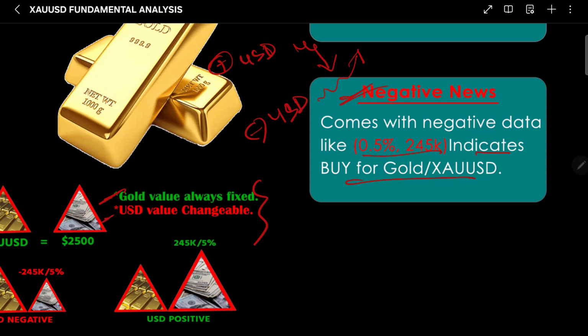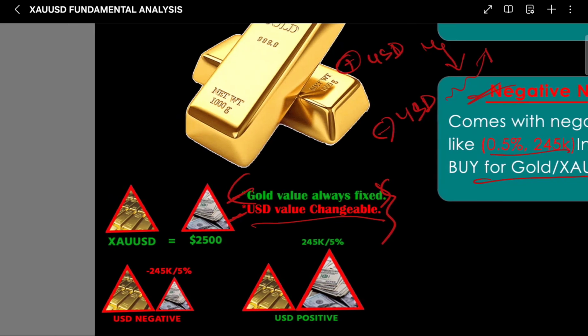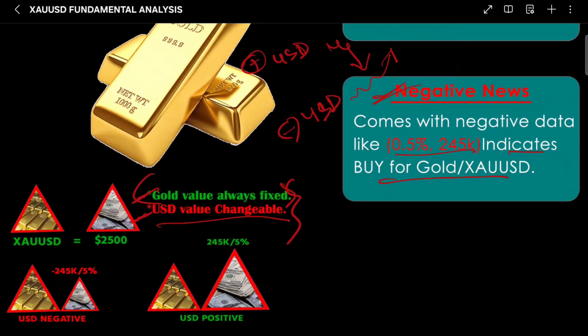The changing value is USD, or currency. Currency value can be up or down, but metals like gold, and oil, those kinds of natural resources, have a value that is always fixed. In that case gold price is moving, going up and going down. To make that clearer, you have to learn one more thing. Let me make it a little bit smaller. Suppose one triangle of gold is equal to 2500 triangle of XAUUSD.